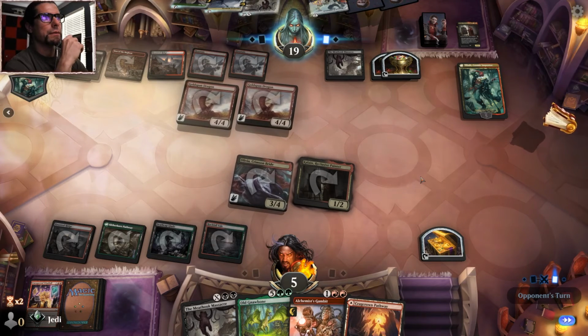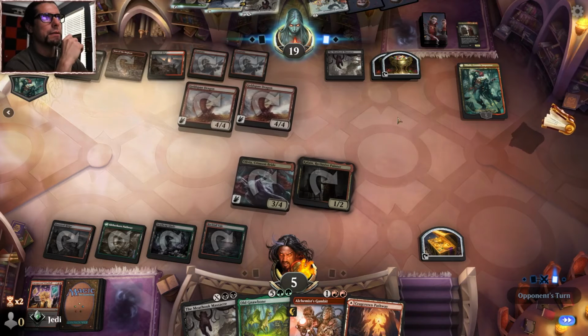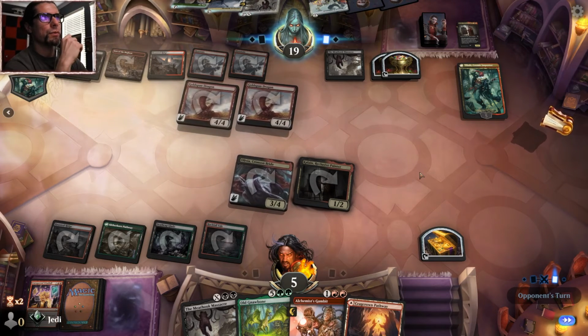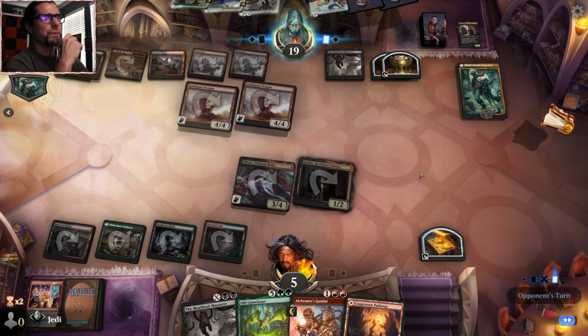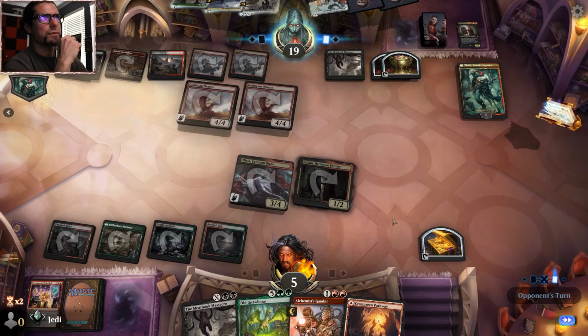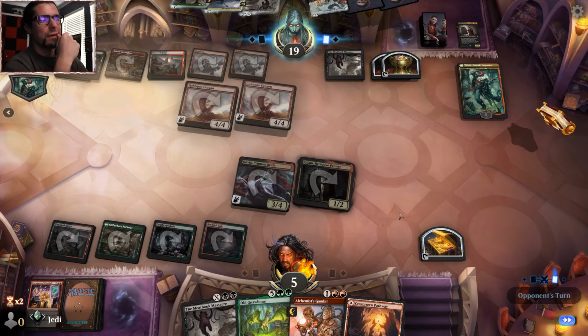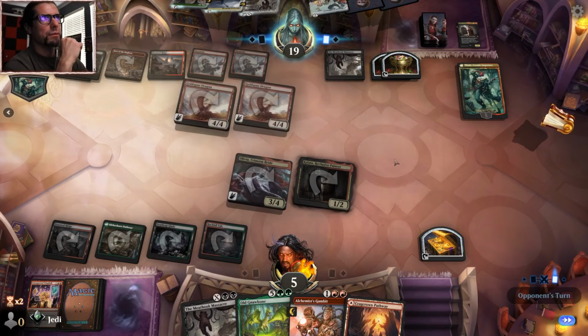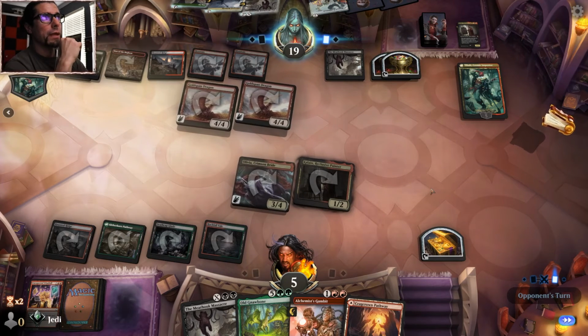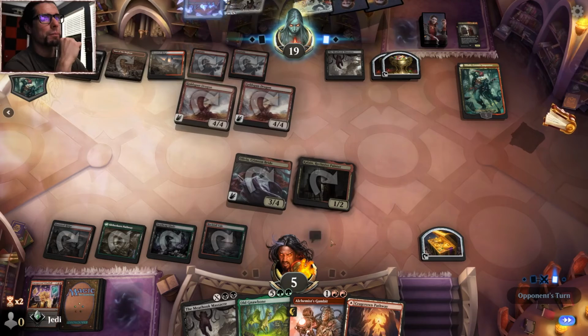We may actually be okay. Oh no, that's right. Okay, now they can do it, right? 1, 2, 3, 4, 5. No, they can do it for 3. Because we can Meathook and gain some life, right? Gain some life, but then they get Rebirth. We need to kill... Gosh. Oh, we can. We can, actually. Because Olivia will get back...